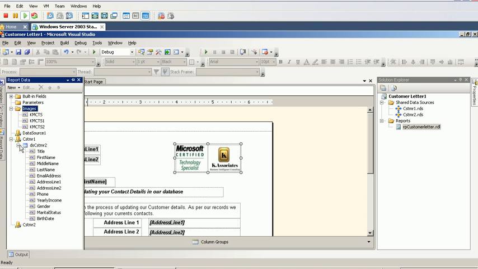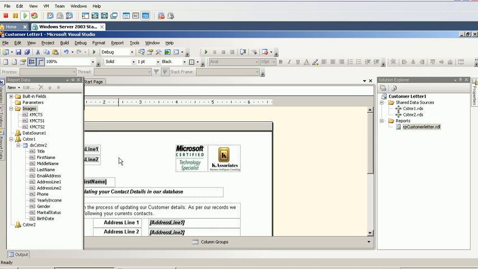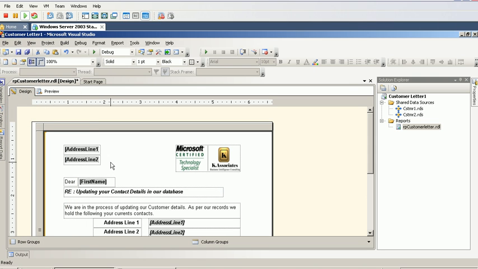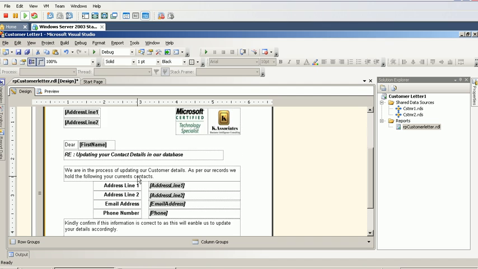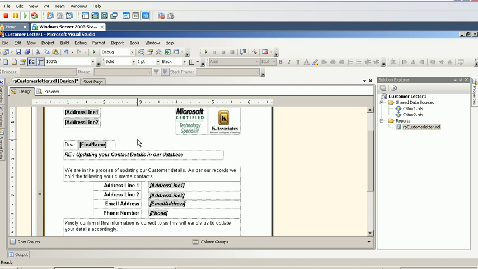So eventually you populate the data set with attributes and components that will come into the report. So when you have those tools ready, those sets of information ready, then you begin to design the report itself. My report, I'm trying to design something that notifies the customer of my organization's intentions to update our contact details. So I'm saying